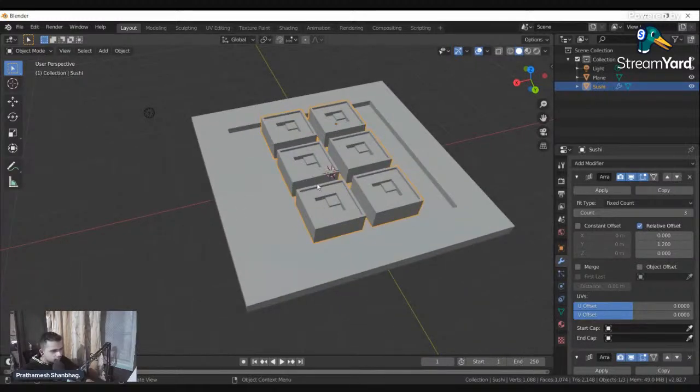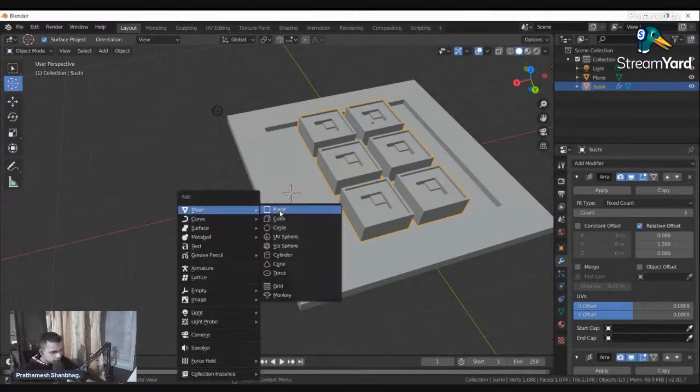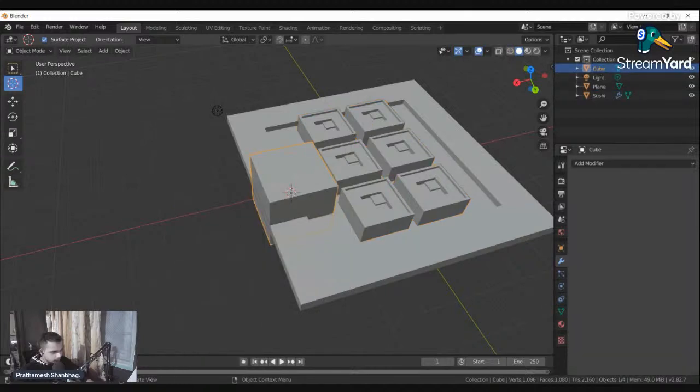All right. Now this gizmo that you can see, this center cursor, is called the center cursor, and you can switch the position of the center cursor using this option on the toolbar. If you click it anywhere, it snaps on the surface of whatever you click it on. So we are going to make the chopsticks now. I'm going to click and snap it to this surface, and press Shift A to create a new mesh. I'm going to create a cube.